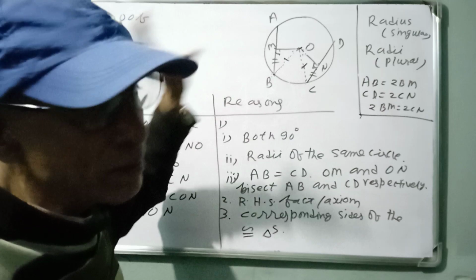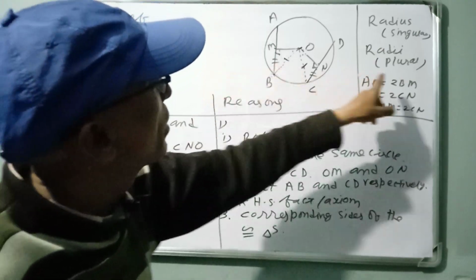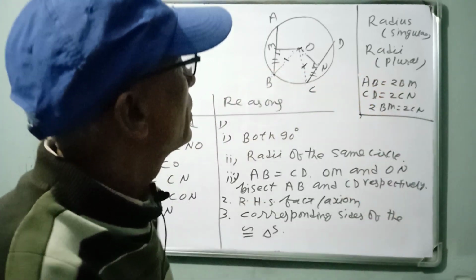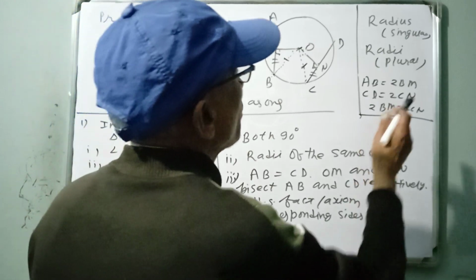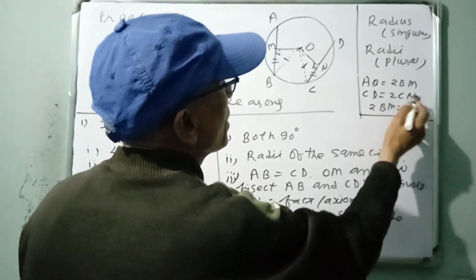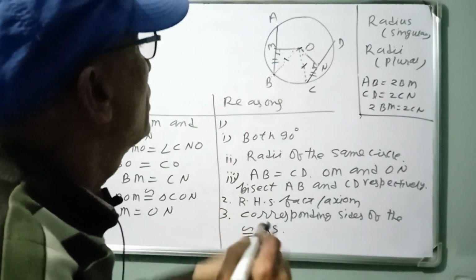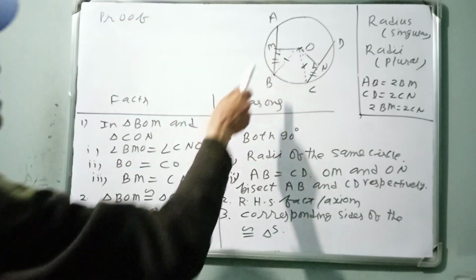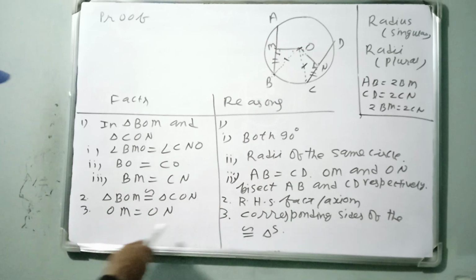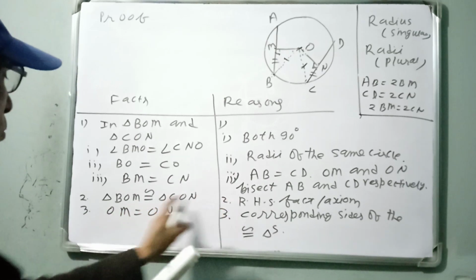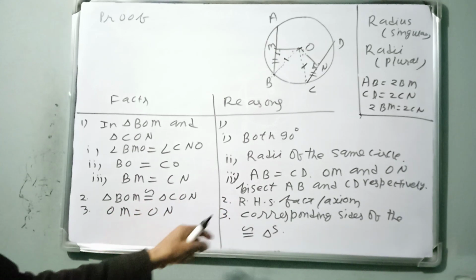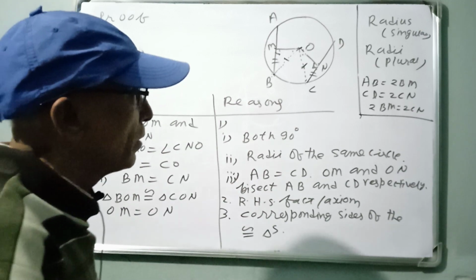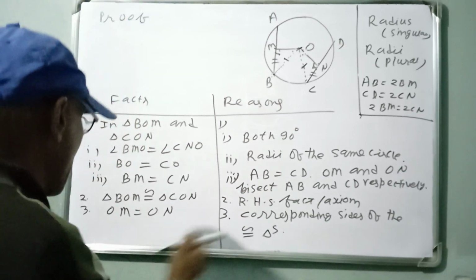And how is the side equal? AB equal CD. See, AB equal twice BM, CD equal twice CN. But AB and CD are equal. Therefore, BM and CN are also equal. Apply right angle, hypotenuse, side. So, two triangles are congruent. Then OM equal ON. So, you can easily write